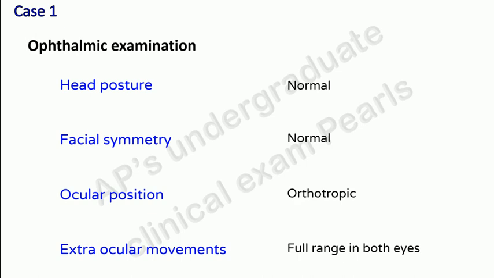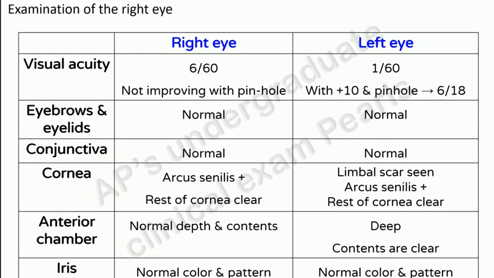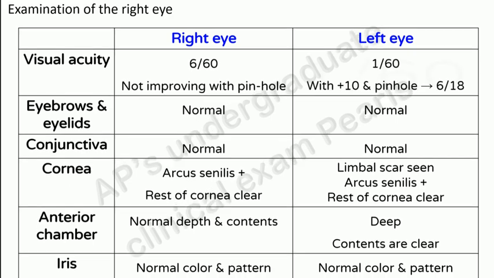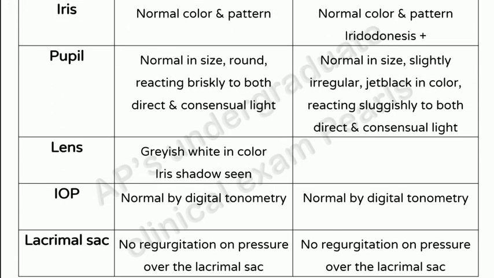Ophthalmic examination: head posture normal, facial symmetry normal, ocular position orthotropic, extraocular movements full range in both eyes. Examination of the right eye: visual acuity 6/60, not improving with pinhole, eyebrows and eyelids normal, conjunctiva normal, cornea arcus senilis present, rest of cornea clear, anterior chamber normal depth and contents, iris normal in color and pattern, pupil normal